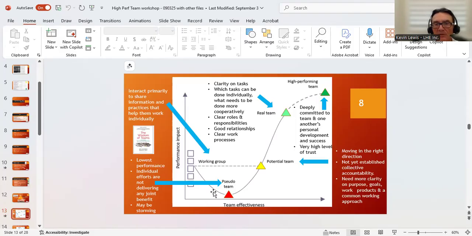So basically, what this says, and this is based on research, is if people are really a group, they're not really a team yet, but the boss says, I want you to be a team, it takes time and energy to do that. These arrows come in an animation. If you're a working group and you want to be a team, you actually lose productivity because you have meetings, you got to talk to each other, and you lose productivity. Eventually, you become a potential team, and then you might become a real team and a high performing team. So walk through this data here.